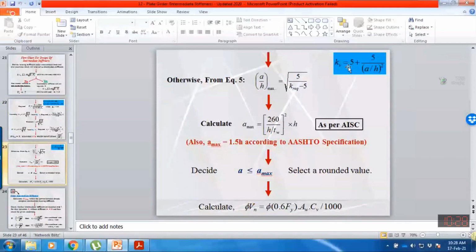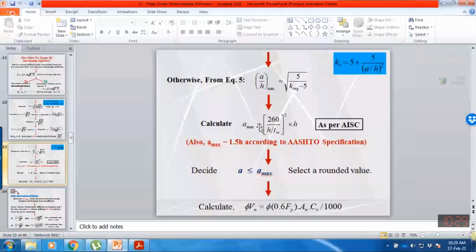So this is the equation of kV in terms of A over H, and this is the same equation represented as A over H ratio in terms of kV value. So if you substitute the kV value, you can determine the A value. This A value, the spacing of stiffener that you have computed, should be compared against the maximum spacing of stiffener. So this expression is the same